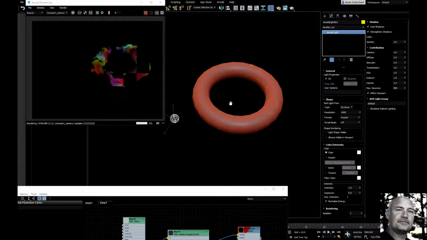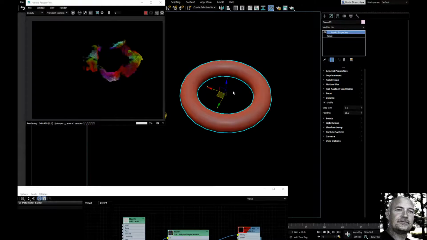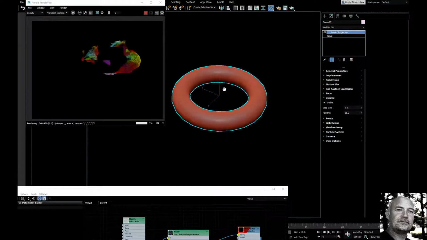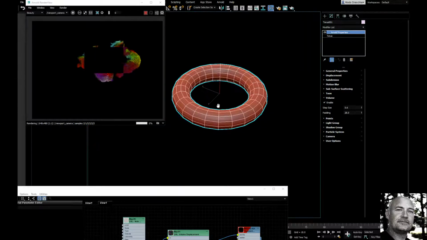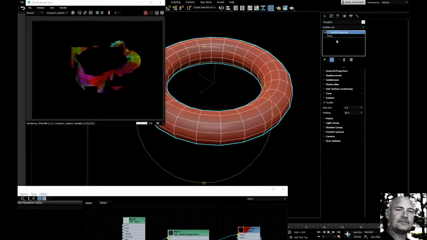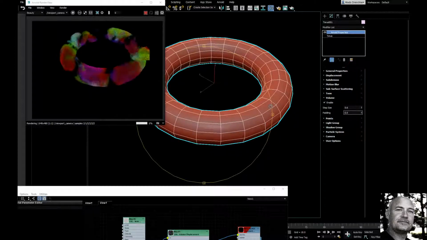So I guess what is this? Well, it's a torus. It's a normal Max torus. You can see here it has some resolution. But I have an Arnold properties modifier on top of it, and I opened the volume section. So and you can see here